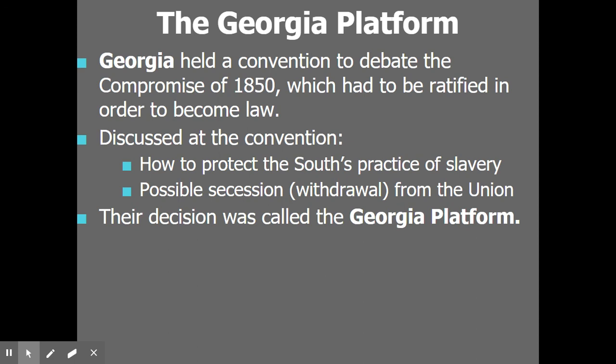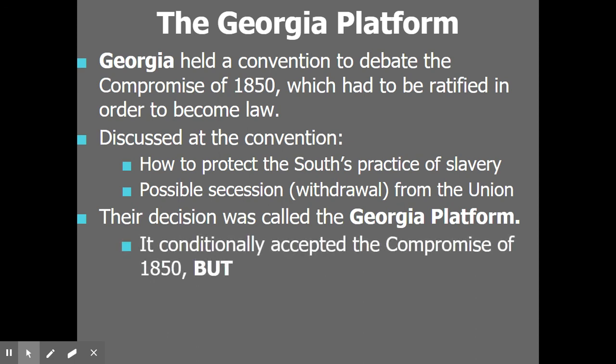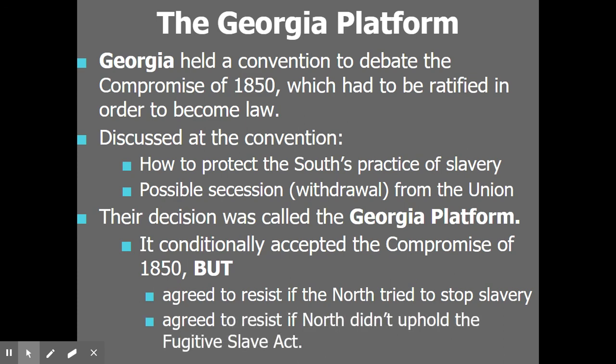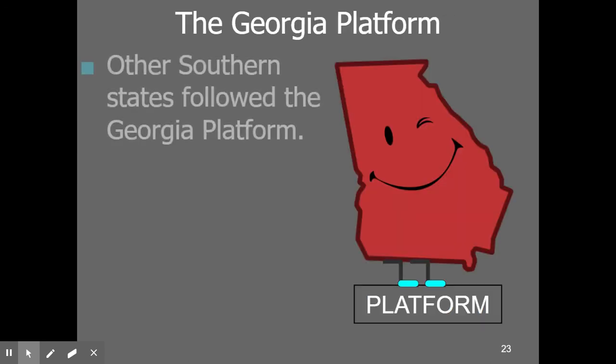And this is what they told Congress. They said, we will accept the Compromise of 1850, but we're going to resist if the North tries to stop or hinder slavery in any way. And by resist, they mean secede and fight back. And we're going to resist if the North doesn't uphold the Fugitive Slave Act. You can't say it's law and then refuse to enforce it. You have to uphold the Fugitive Slave Act or we are going to resist. That means secede and fight back. So the Georgia Platform